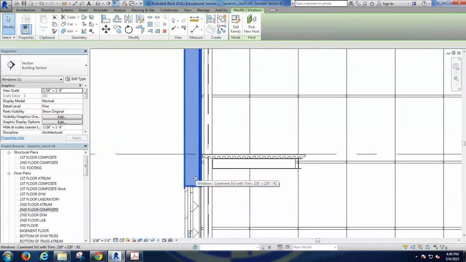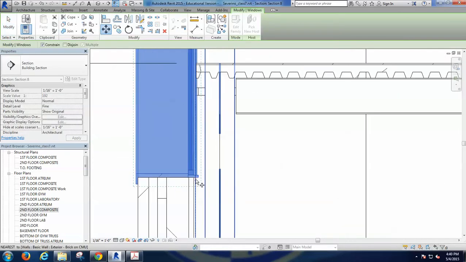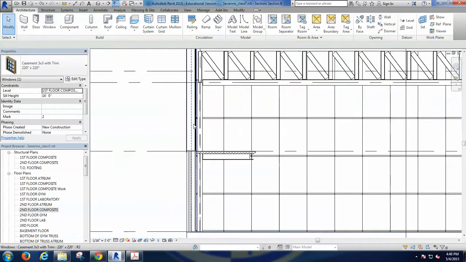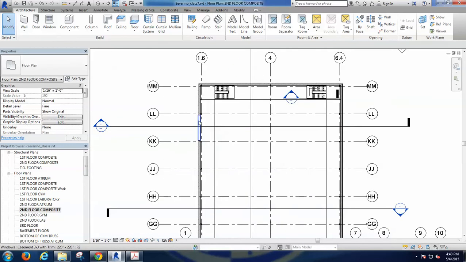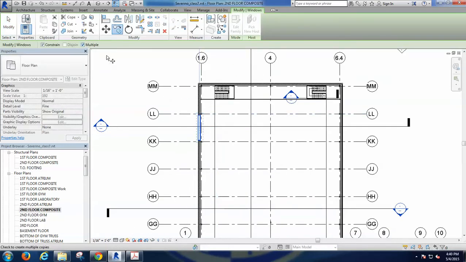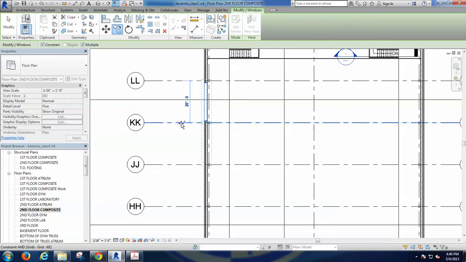So right now the window is too low. We're going to move this window so it matches the slab. Simple as that. Okay. Done. I'm going to go to the floor again. I'm going to select the window, copy, make sure multiple is checked. I'm going to just copy this one several times